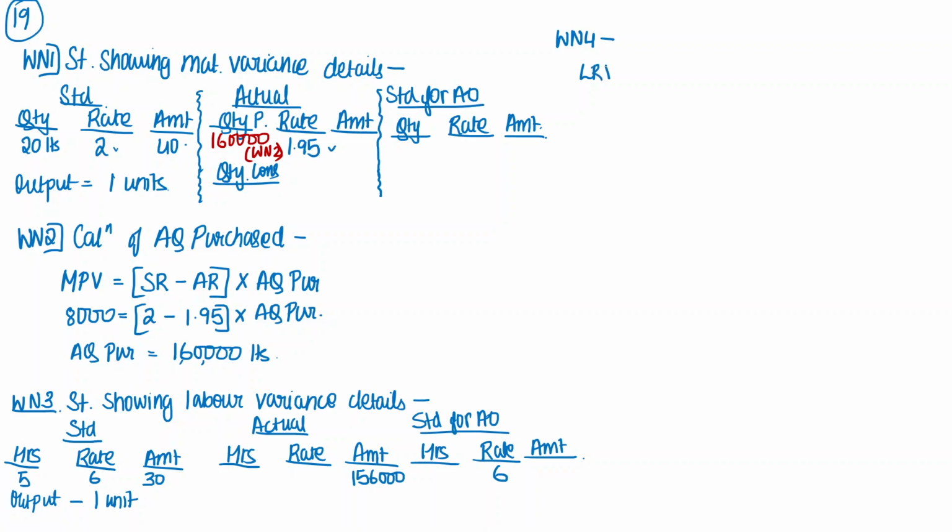Labor rate variance is equal to standard rate minus actual rate into actual hours. Break it open: standard rate into actual hours minus actual rate into actual hours. LRV is given to you as negative 5760. So negative 5760 is equal to